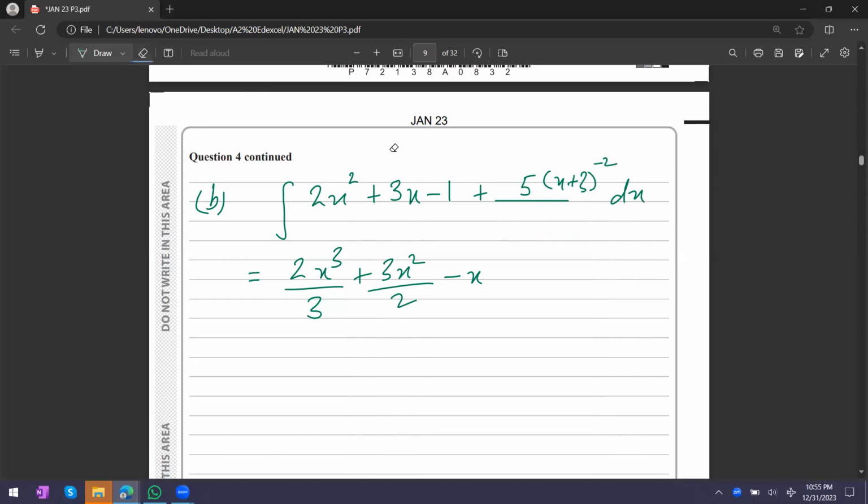If you bring it to the numerator, then you add 1 to the power. So minus 2 plus 1 is minus 1, and divide by that minus 1. So you will get minus 5 times x plus 3 raised to power minus 1. You can again bring it down, x plus 3. All right, plus c, the integration constant. So this is simple enough integration, I hope. So that's it for the